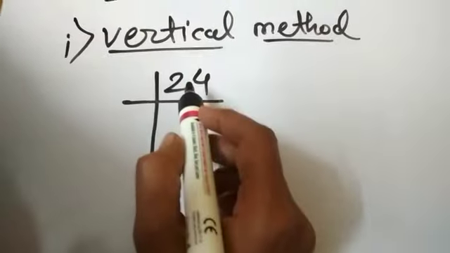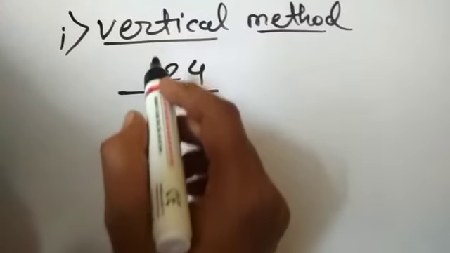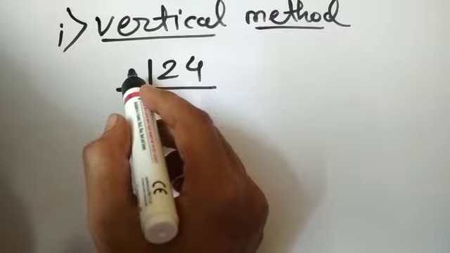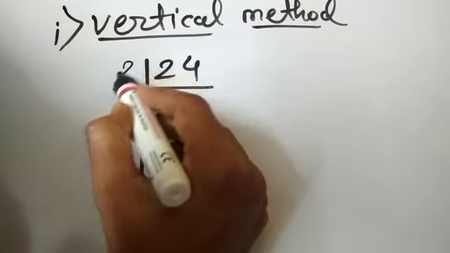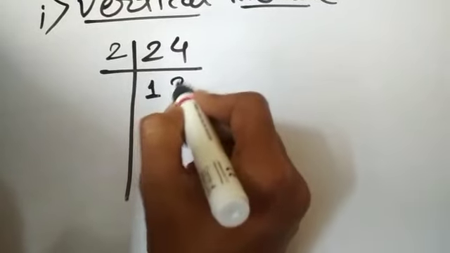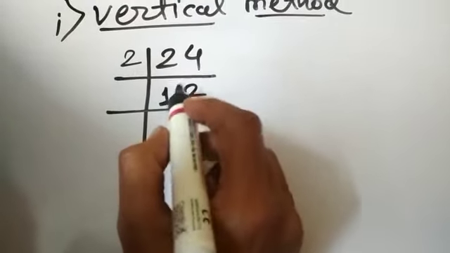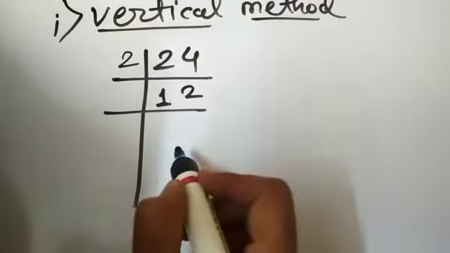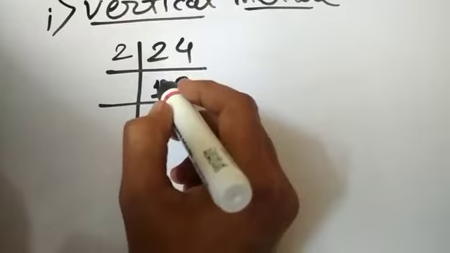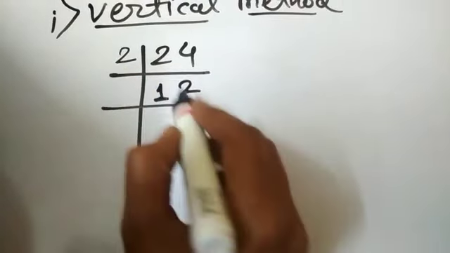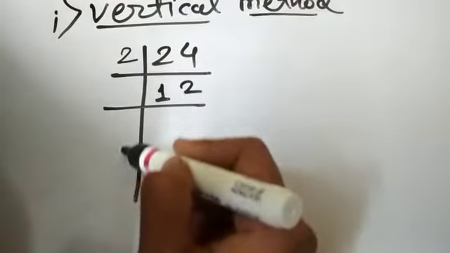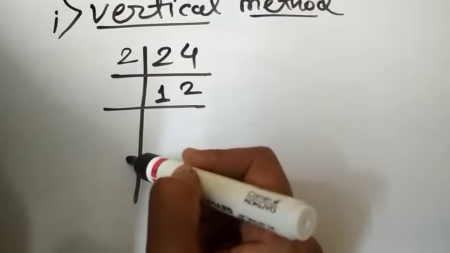Now I have 24. Let us factorize this number with prime numbers like 2, 3. I can go with the 2 or with the 3. I will go with the smaller number first. 2 1s are 2 and 2 2s are 4, or I can say that 12 2s are 24. As 12 is not a prime number, it goes below this one. Otherwise you might ask, ma'am, shall we write the 12 here or the 2 here? No. In the vertical method, we want all the numbers on the left side to be prime numbers.